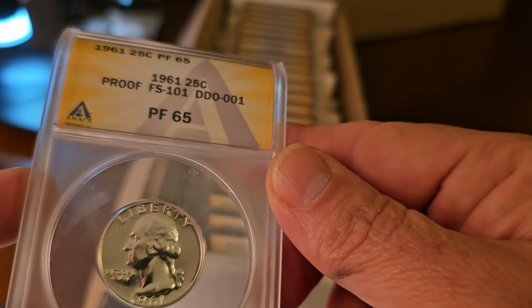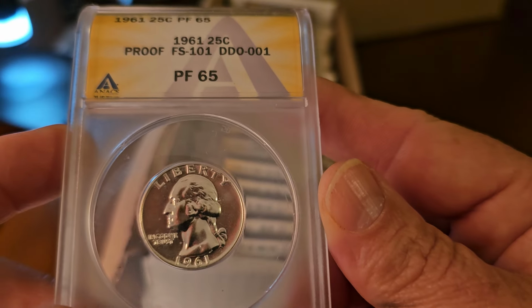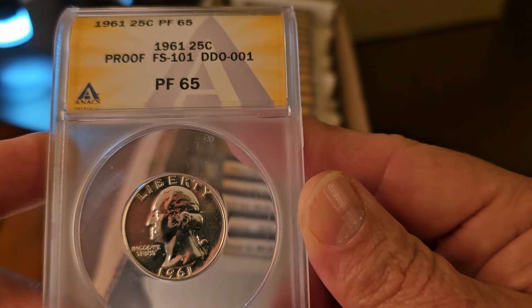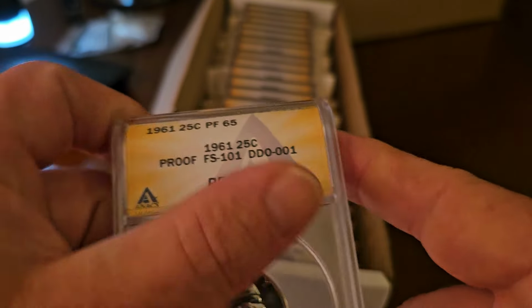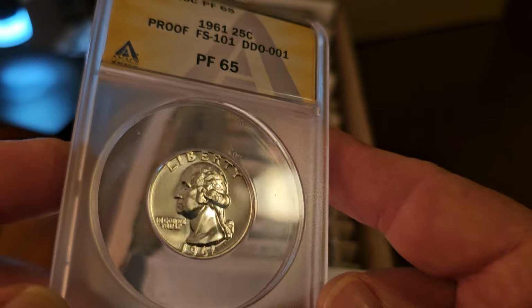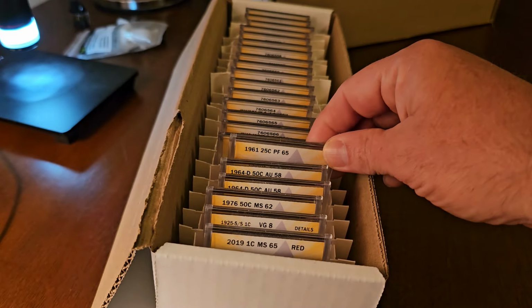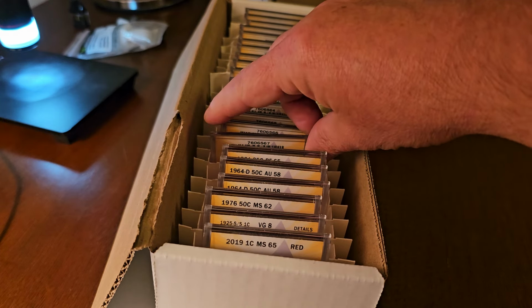It is the FS101 and it graded 65. It's nothing of extreme value on this one. It's a little more common, but still a cool find. Makes it worth a little more than a typical 61 proof. So, speaking of 61 proofs, our next one is...